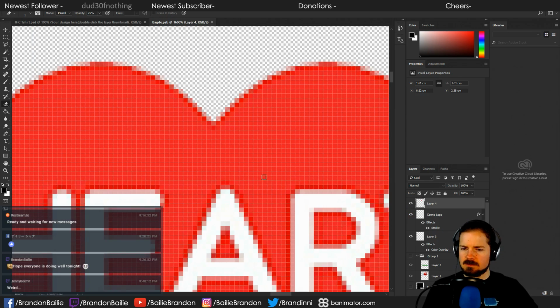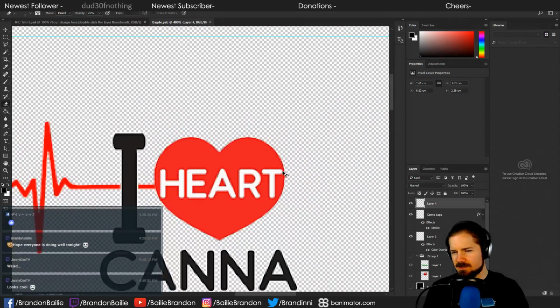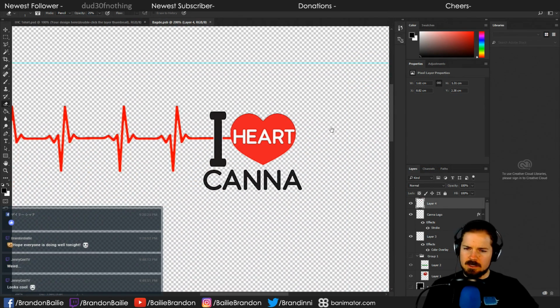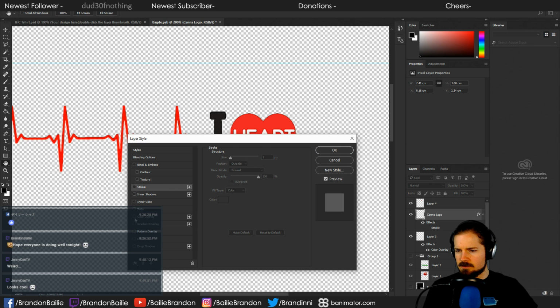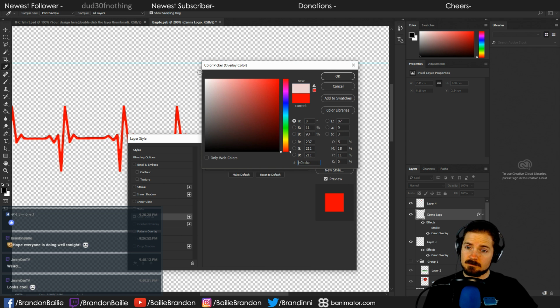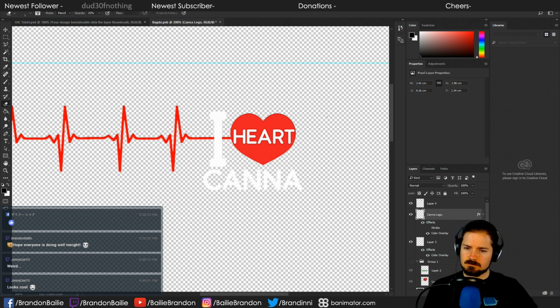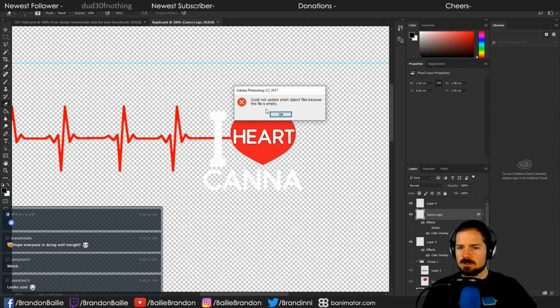Here, let's also just try it with the white font. I think it would work better on a black shirt to have the entire font as white. So we'll kill the stroke and we'll just do a color overlay of white, I think. I think that'll work. I feel like that's going to work a little bit better.